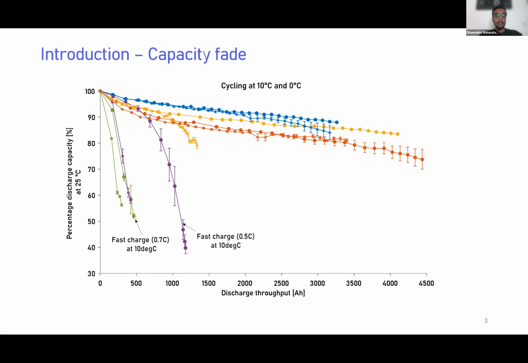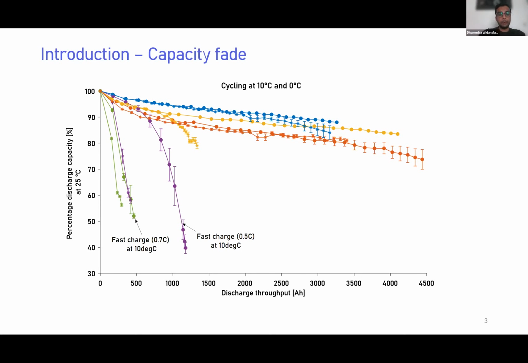And if you push it even harder with fast charge, so what you're seeing is two fast charge scenarios at low temperatures, the battery really doesn't last that long at all, and you get what's called the knee point effect, or this rollover capacity really kicking in at an early stage. This is what makes things quite challenging and also interesting from a research point of view: could we try and describe this through mathematical models, so that we can preempt what will happen for the battery at different conditions?